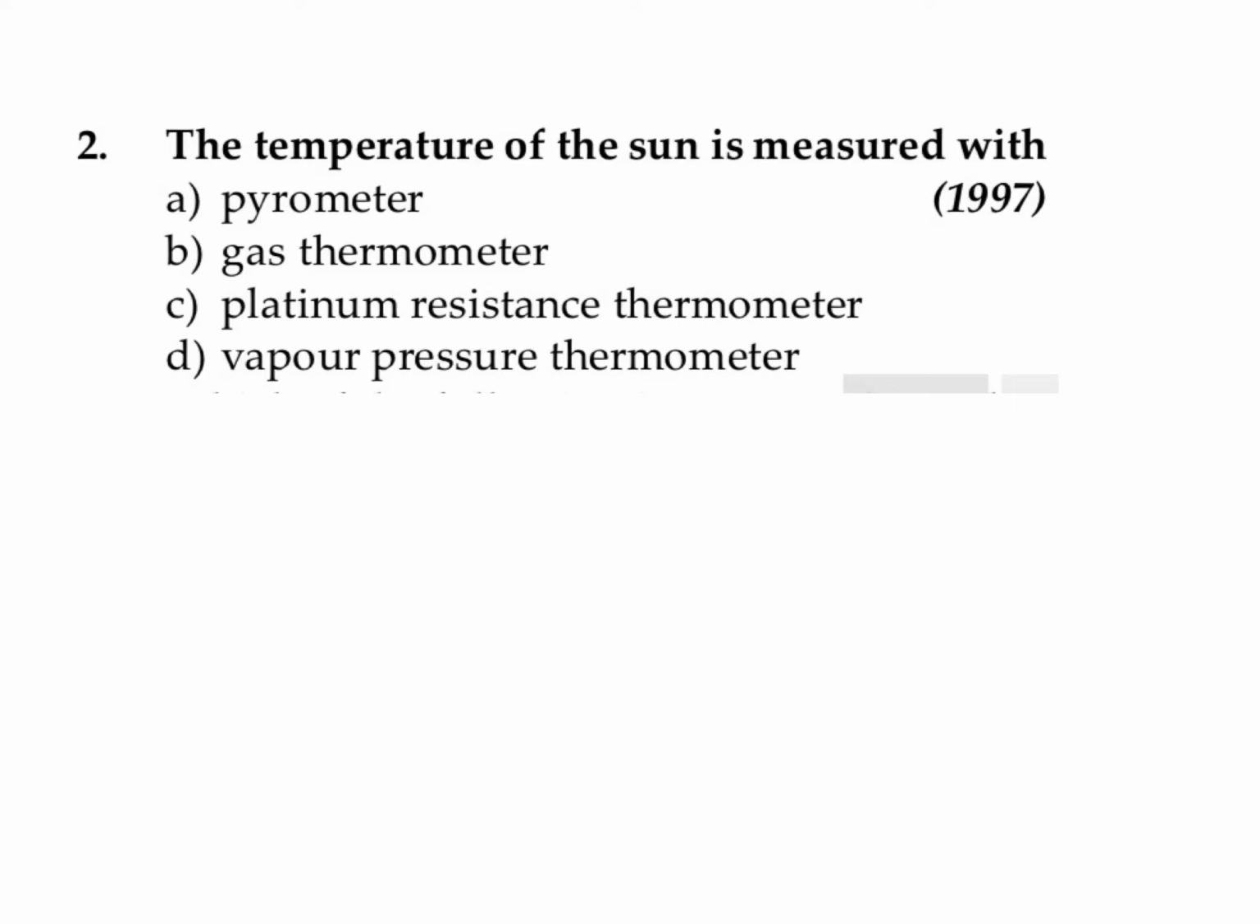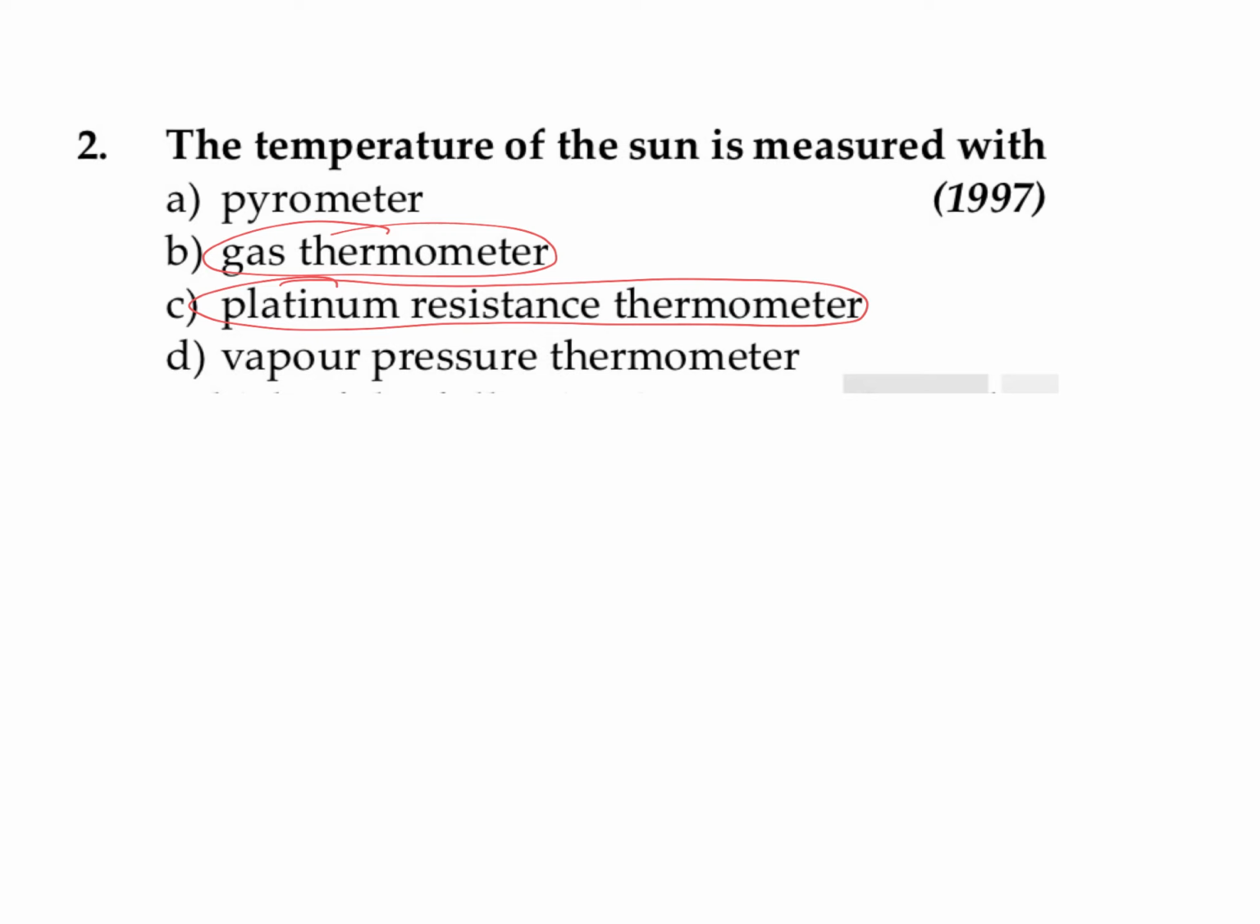The temperature of the sun is measured with... So the temperature of the sun we cannot measure by using a gas thermometer, as it is a very high temperature. So a gas thermometer may explode, and with a platinum resistance thermometer, over there also the resistance is going to be increased